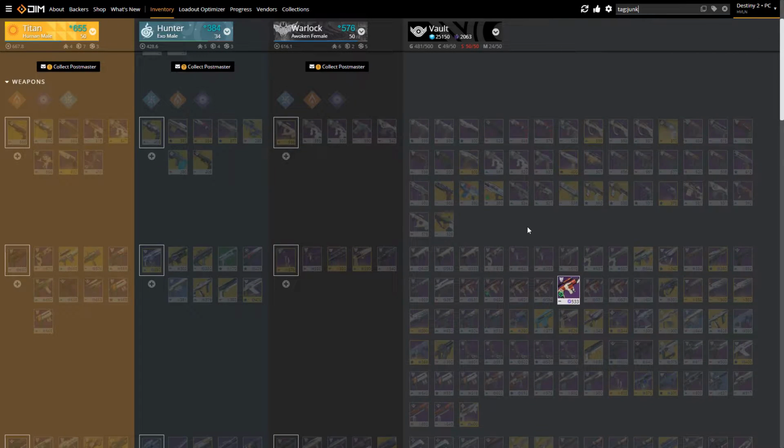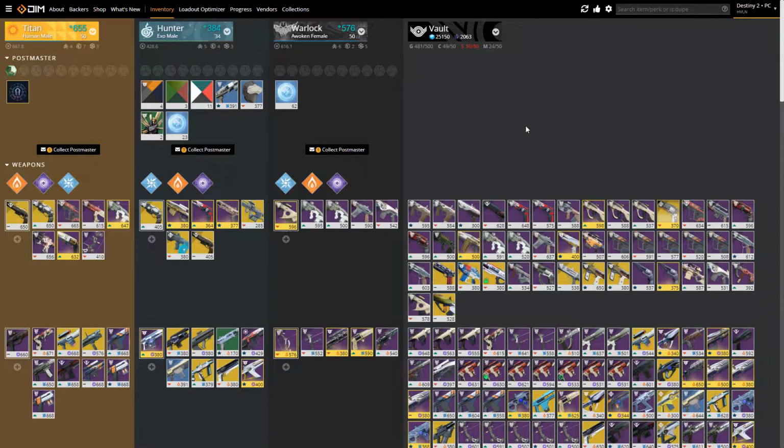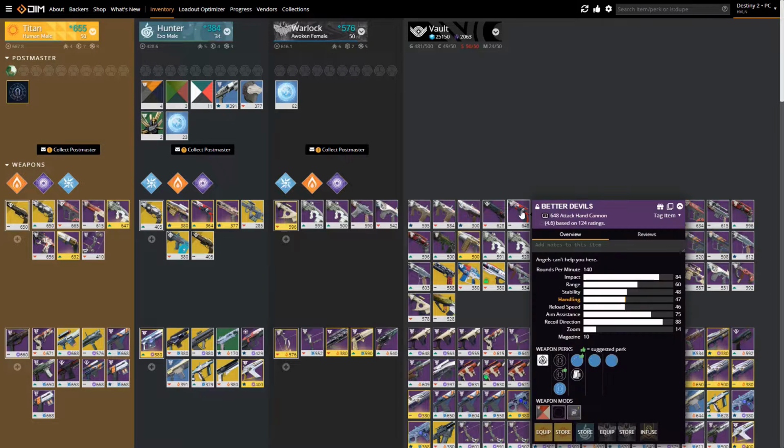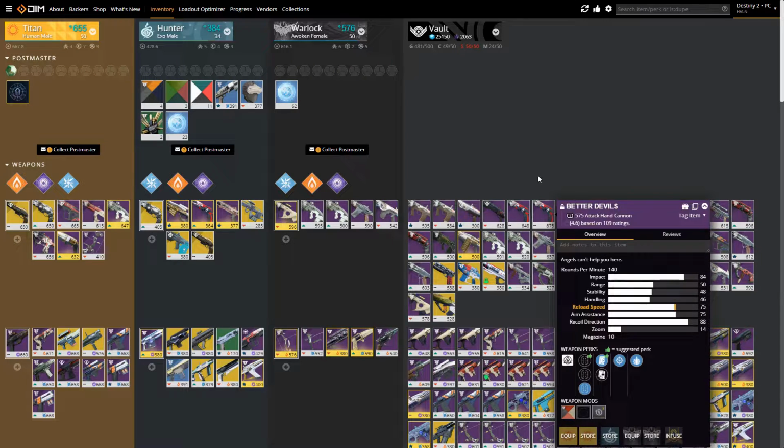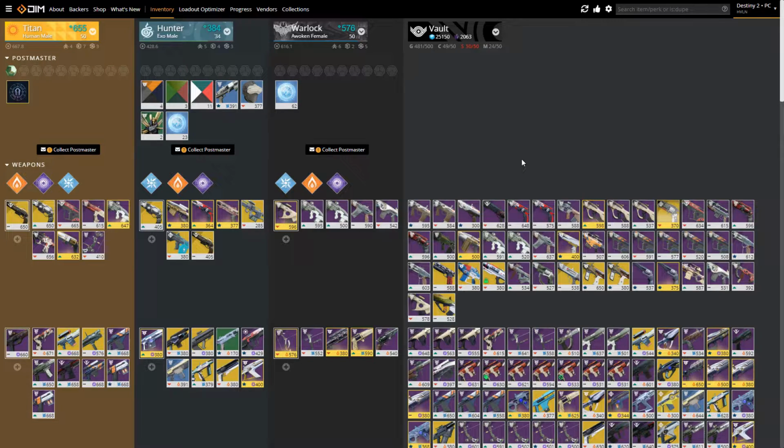Now, this is good to do first. Usually you're only comparing one type of weapon to another version of itself, like Better Devils. I'm only comparing this Better Devils to another Better Devils, and I may want to keep a PvP role and a PvE role, and that's pretty much it. But armor,